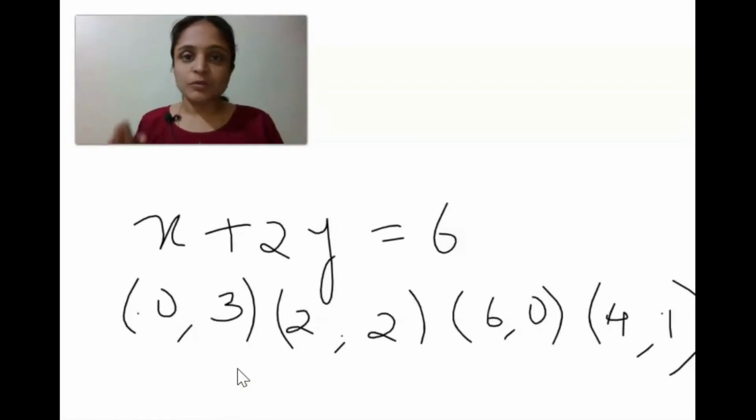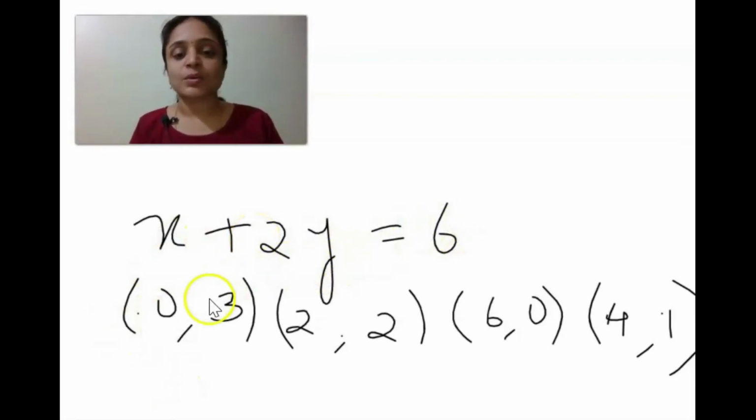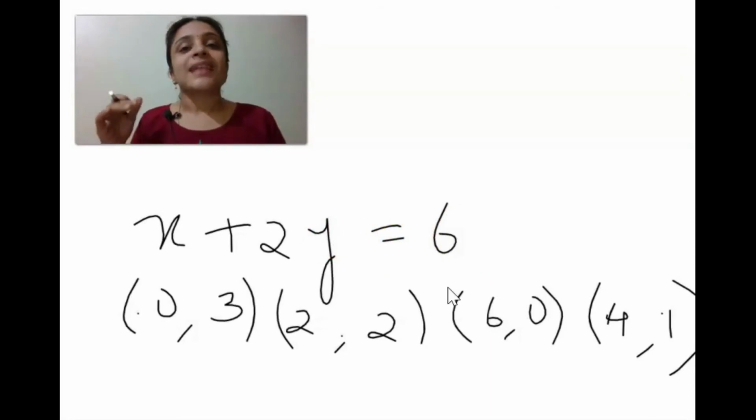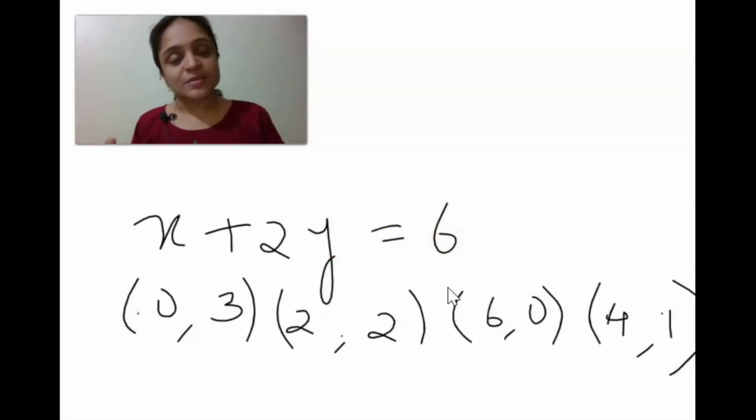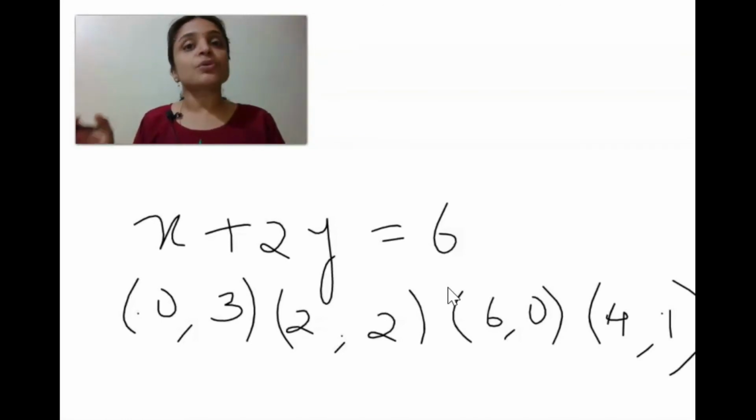Now consider this example, x plus 2y equal to 6. This is an example from the text itself. If you give the value of x as 0, you will get 2y equal to 6. So y equal to 3. So 0, 3 is a solution of this equation. Now, if you give x as 1, 1 plus 2y equal to 6. So 2y equal to 5, y equal to 5 by 2. That is also a solution, but when you write solutions, be specific to find some integers as solutions, because it will be easy when you draw graphs.